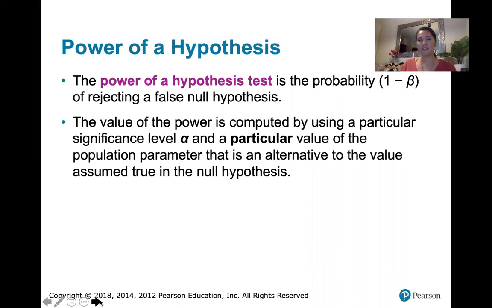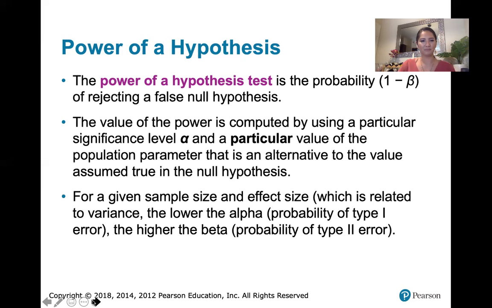Now, the value of the power is computed using a particular significance level alpha and a particular value of the population parameter that is an alternative to the value assumed to be true in the null hypothesis. So let's say that the null hypothesis says that the population parameter is equal to 0.2. Well, in order to compute the power of a hypothesis test, you would have to see what the power would be provided that the population parameter weren't 0.2, but it was 0.3 instead, or 0.4 instead, or 0.5 instead. So this power of a hypothesis test requires us to have some comparison value for that population